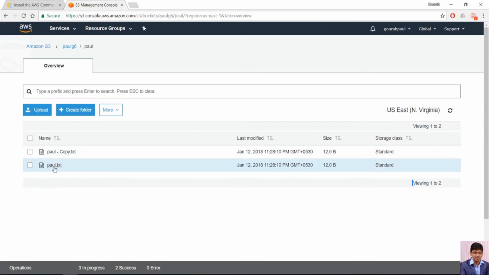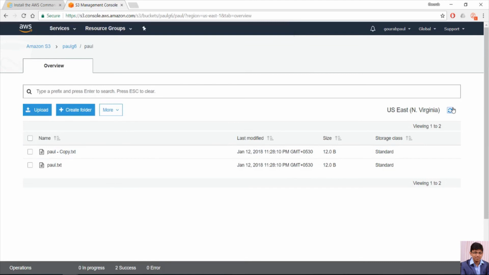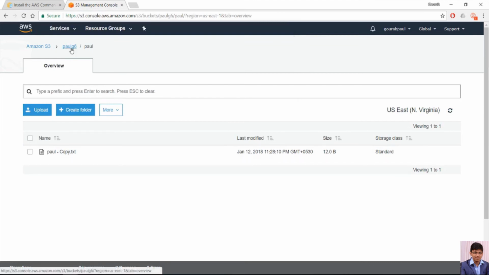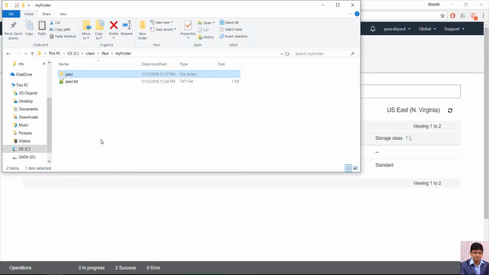Now I will go and try to remove this pol.txt from this folder. You can see the delete get completed and it has been removed from the bucket. Now I will go and read this pol.txt. First I will go and delete,